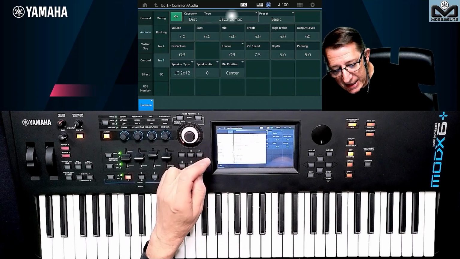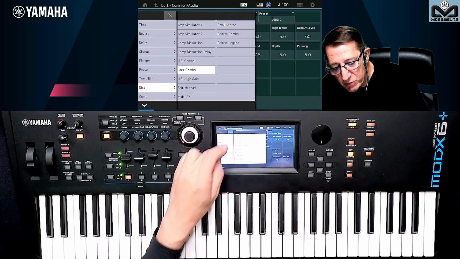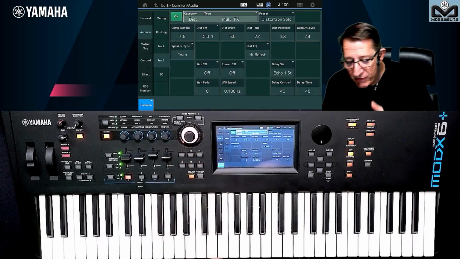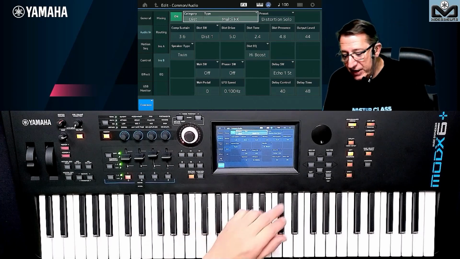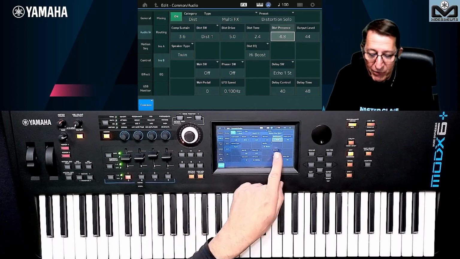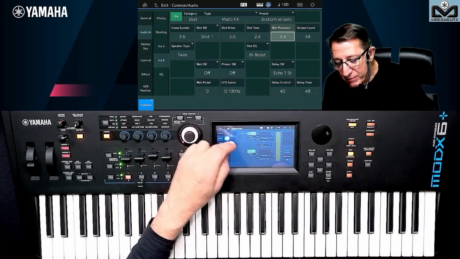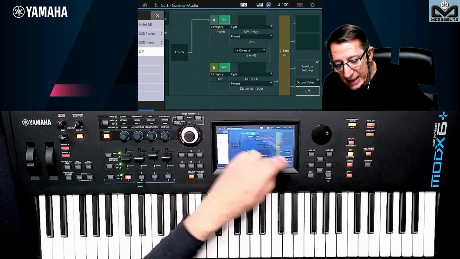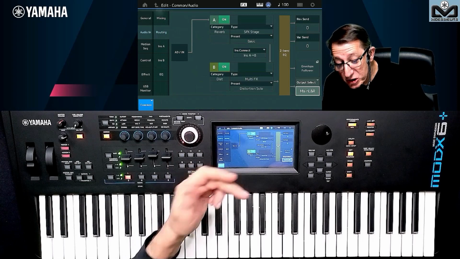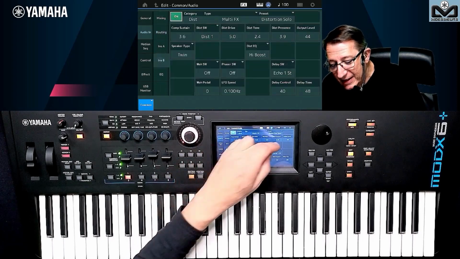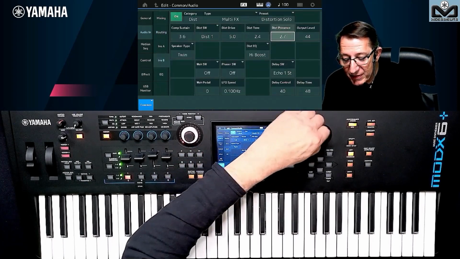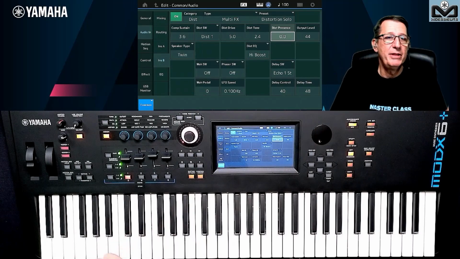I will show you this other one. The multi FX is very, very great because you have a lot of things, but I will reduce this because this is the one that produces most of the effect we have here. So for the distortion, you remove a little bit the presence.